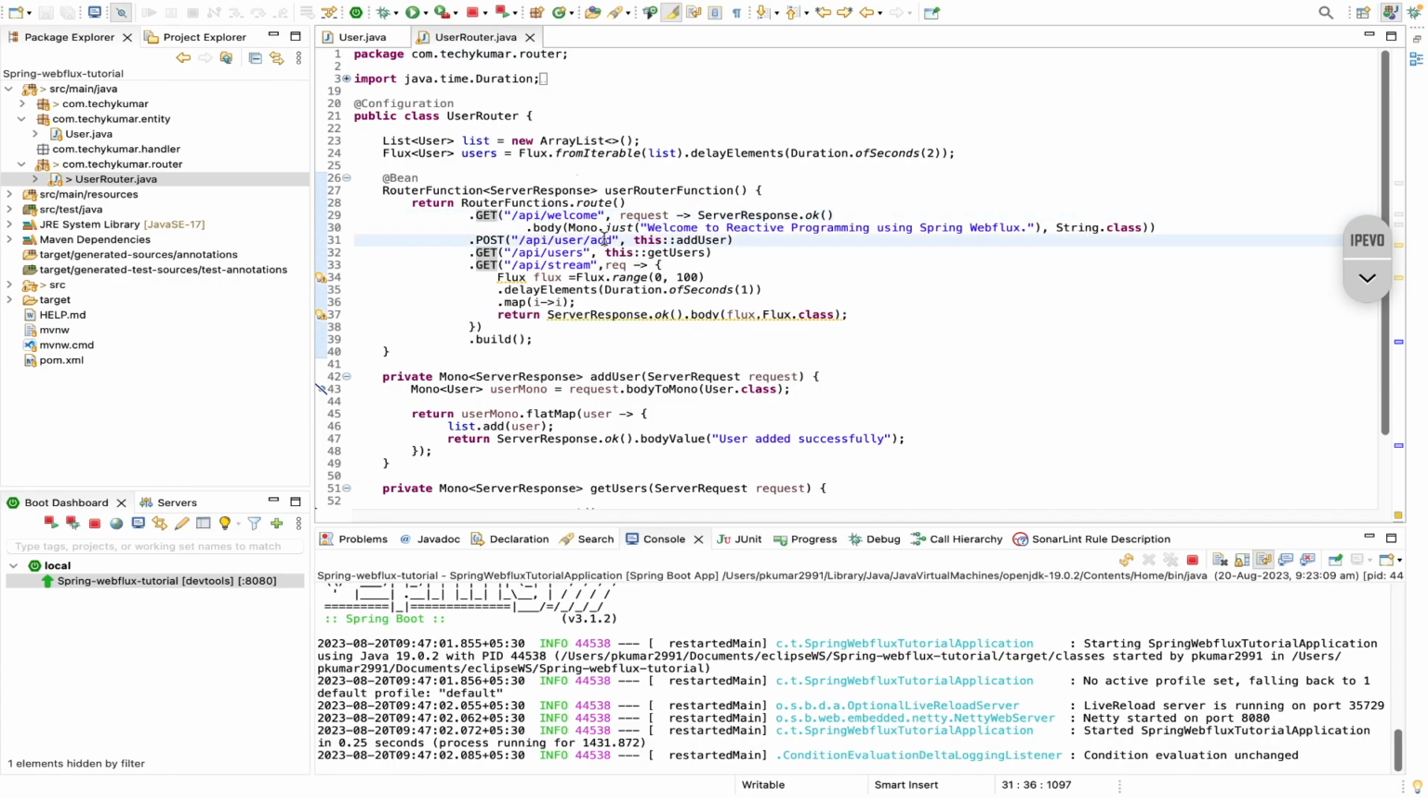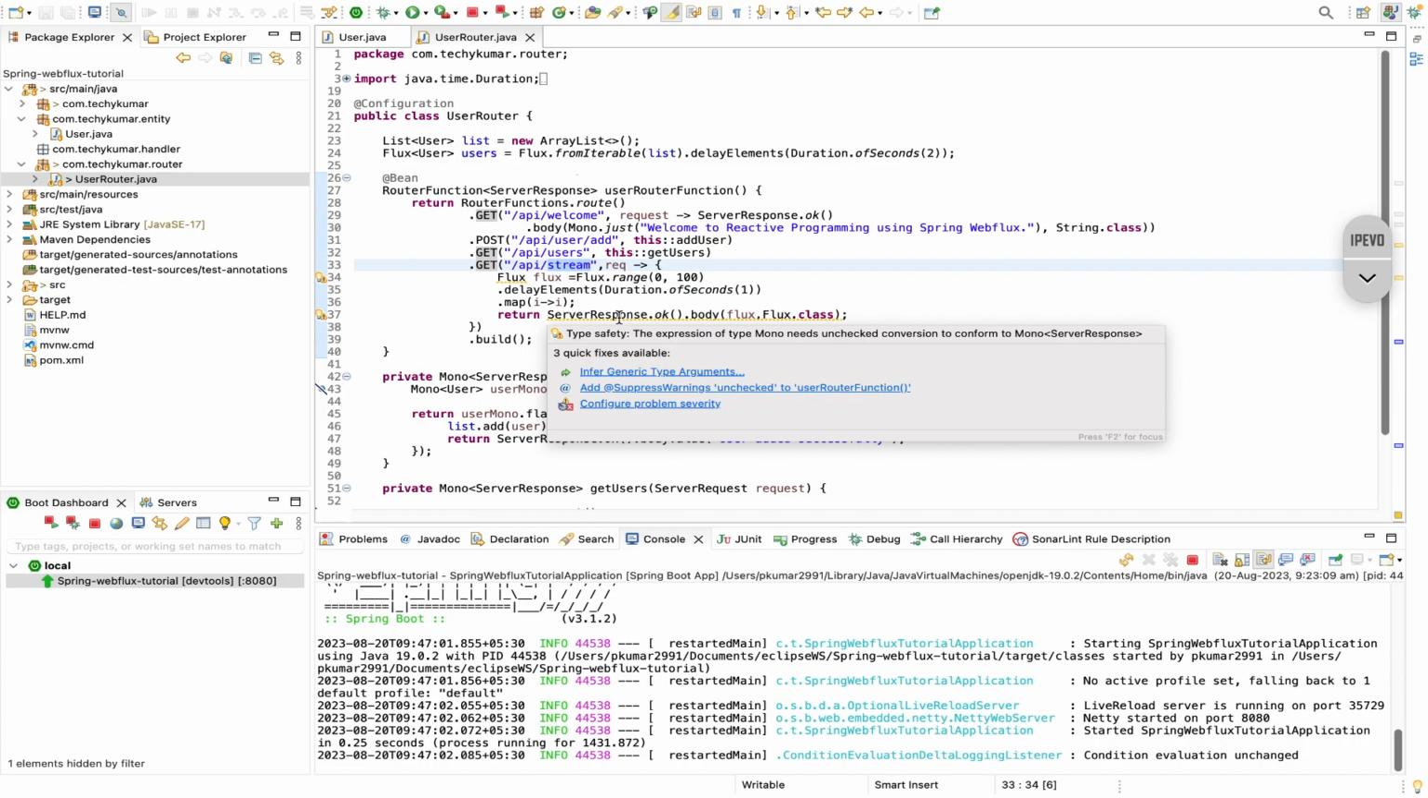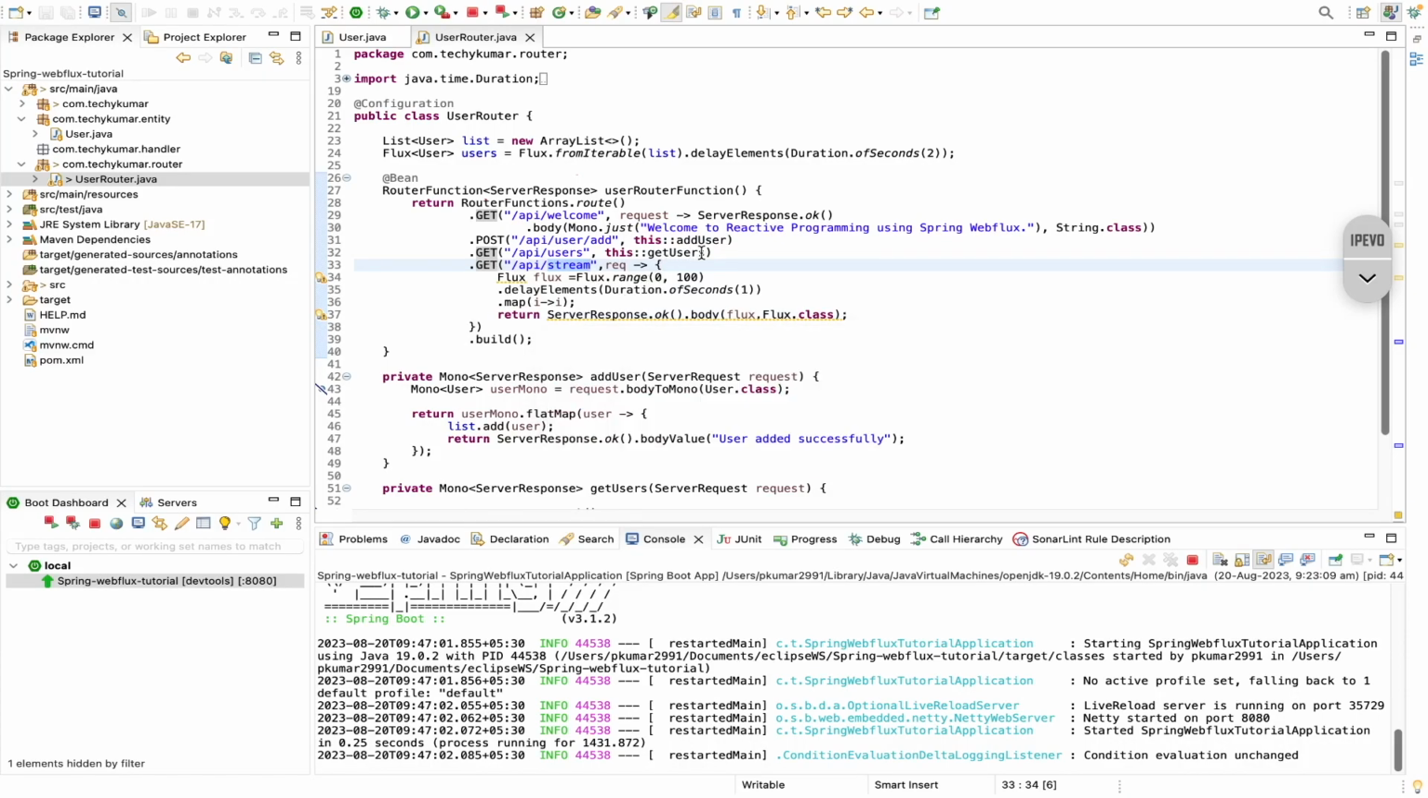This API adds a user to this list. I have created a list of users here, and another one is just to get these users, and this one is to get the data from a flux. So whenever we are getting data from a flux, it will keep pushing data to you until data is available inside the flux. So what I'm trying to say here,